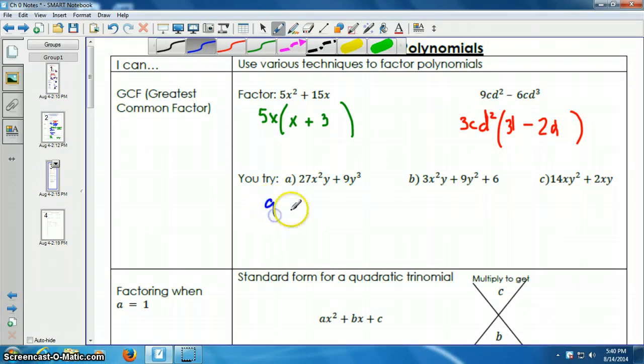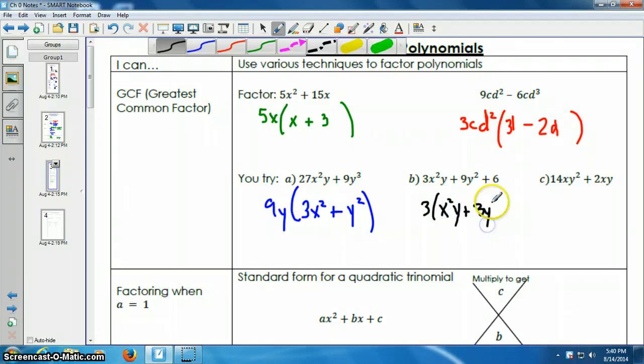So 9y is your greatest common factor. That would leave you with 3x squared, no y, plus y squared in the parentheses. On the next one, we look at each term, and it has to be able to pull out of each term. So this does not have any variables, so I cannot pull any variables out, only a number. What does 6, 9, and 3 all have a common factor of? Well, 3. So I have x squared, y, plus,